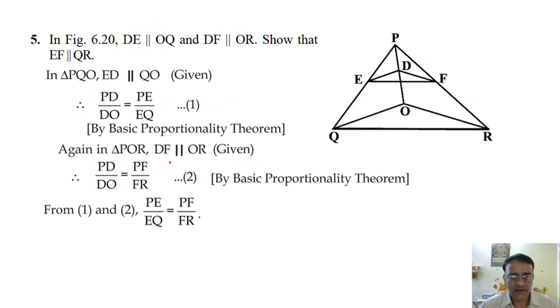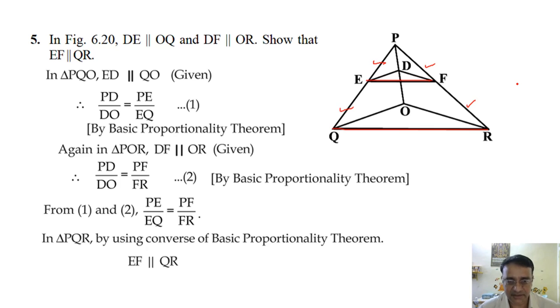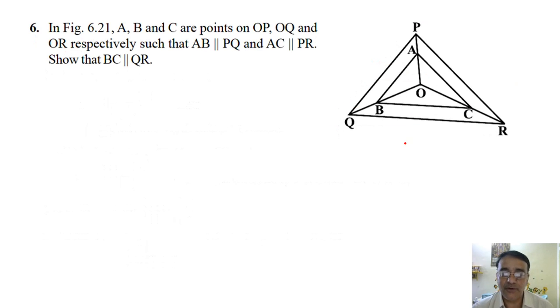Okay, right. Now see, PE upon EQ is equals to PF upon FR will imply EF is parallel to QR. Why? By converse of basic proportionality theorem. Very good, very good. By converse of basic proportionality theorem, these two lines are parallel. Okay, so now we'll move towards one more question